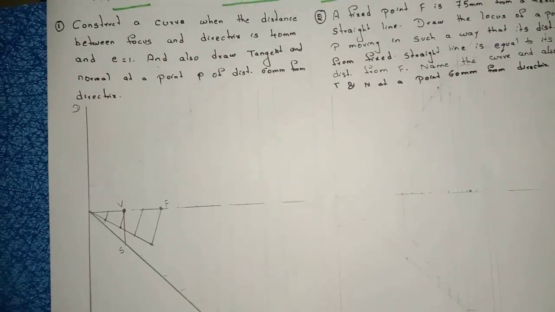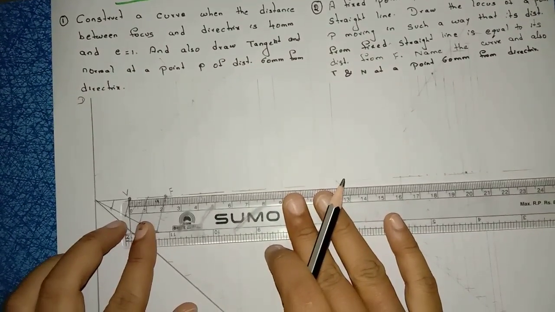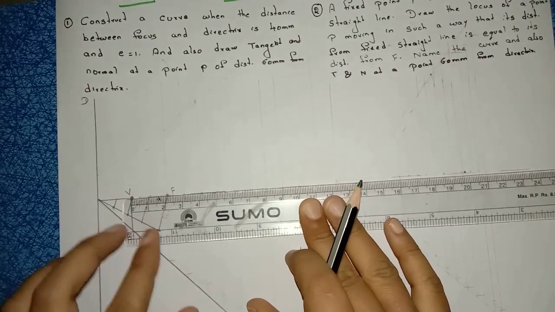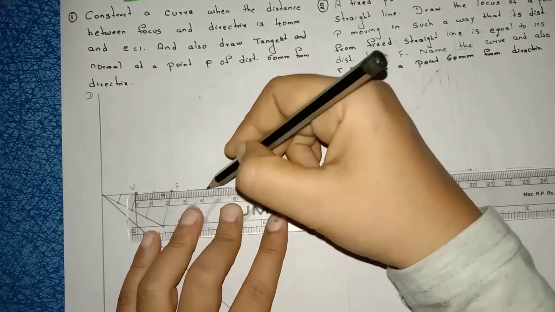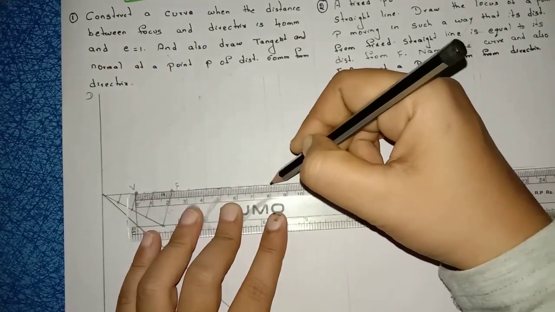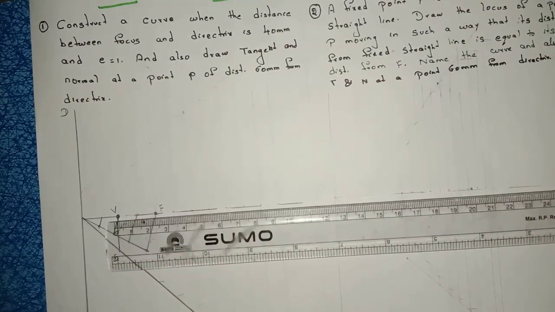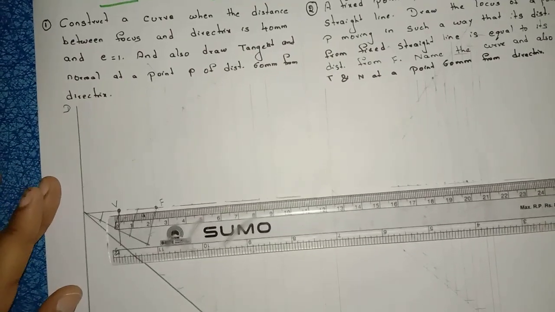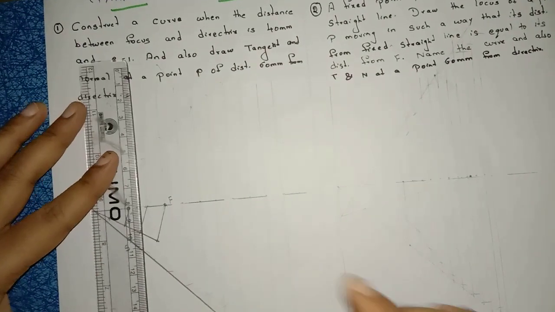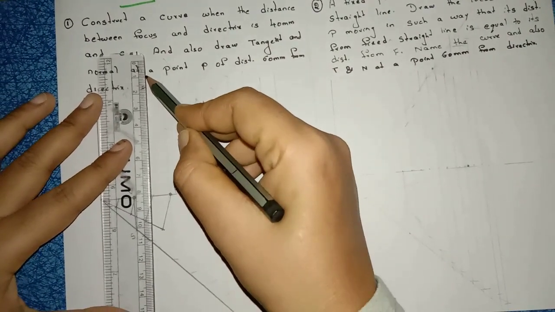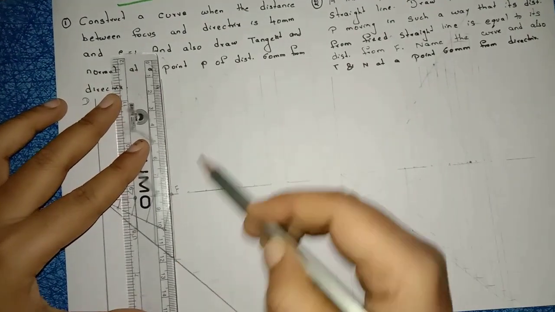That's it. Now, in order to construct parabola, keep your scale on this axis line from V point and take 1 centimeter, like that. Take 8 to 9 equal parts. In order to get the correct shape of the parabola, take 8 to 9 equal parts. So just keep 1 centimeter and draw the lines from every point.